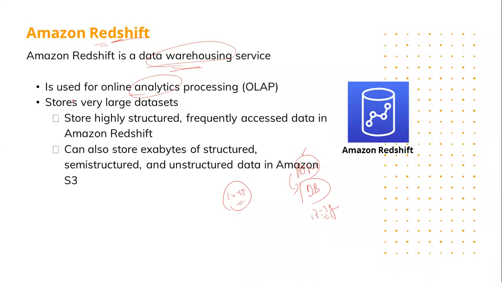And it's used for online analytical processing. You remember RDS is basically OLTP, online transaction processing. So when I say transactions, you'll have inserts, updates, deletes, selects and all. But if you go for OLAP, which is analysis or analytics, you will be doing the analytics on top of the data, so that how my business was actually growing can be seen in the Redshift. You can analyze the data.